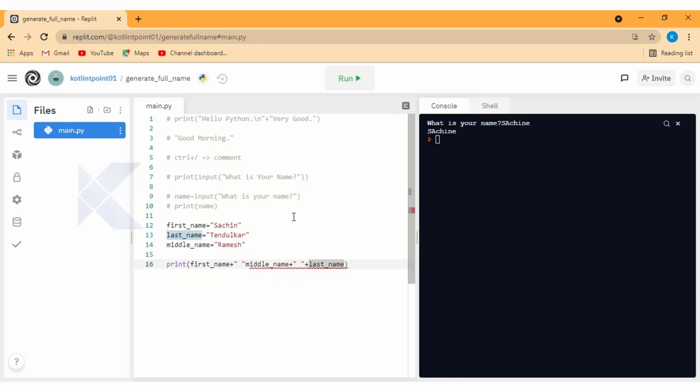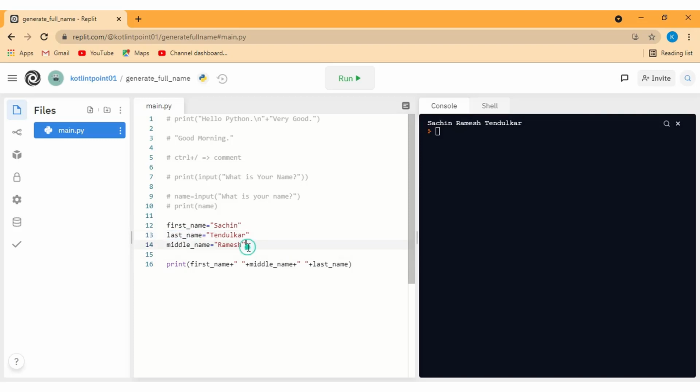This is how I concatenate all 3 variables and print the full name here. Let me run and check the output. So guys, you can see I can now see the full name Sachin Ramesh Tendulkar here. This is how variables can help you store values.